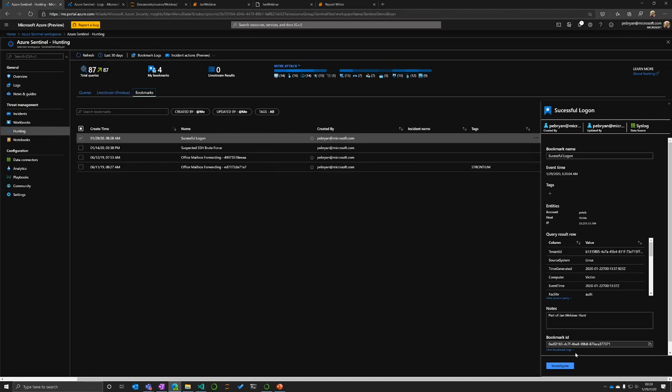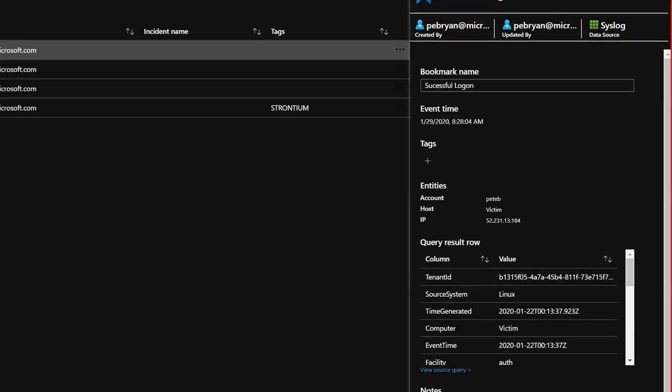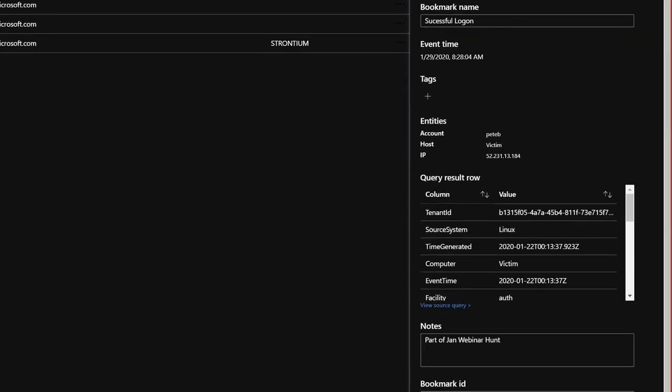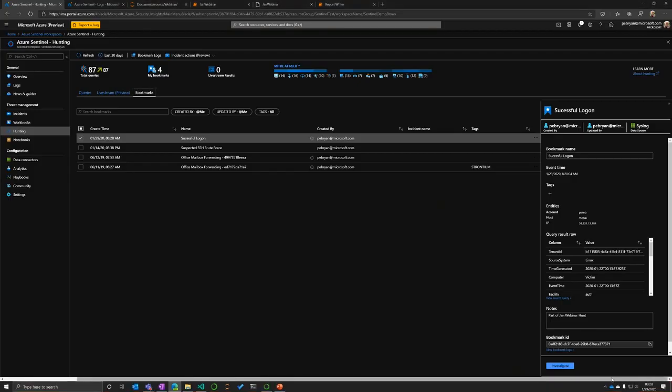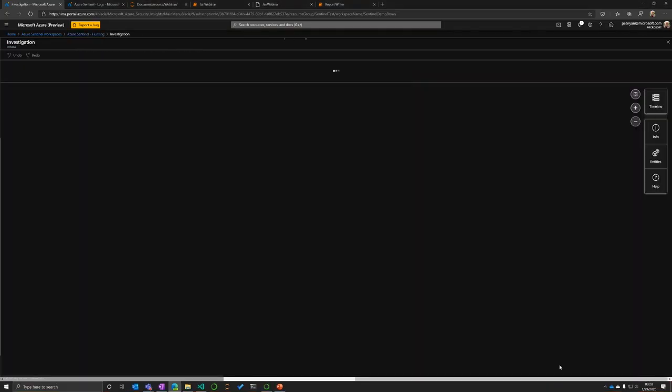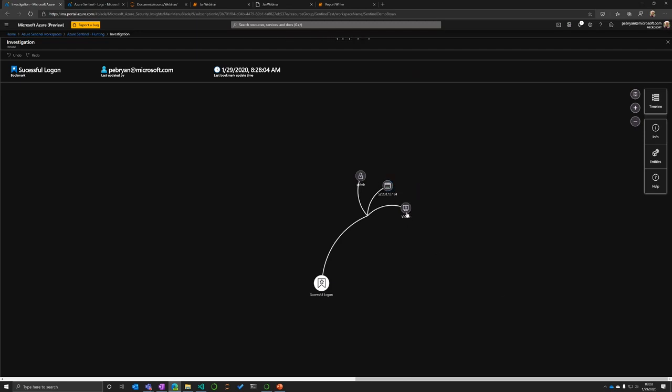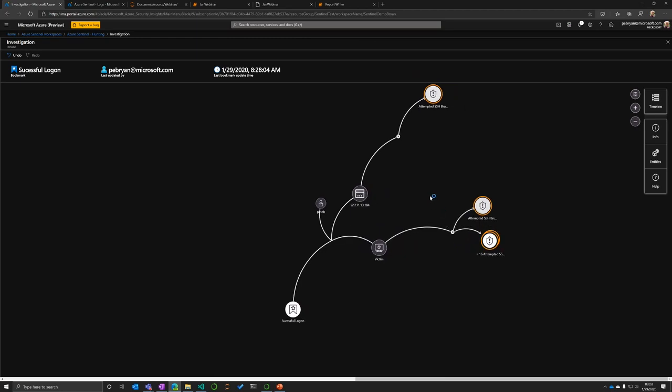So this is the one we just saved. I can see that I have all the details regarding it here. I can dig into the raw data, or I can use the investigate feature to get a visual representation of the bookmark. So again, if you're using Sentinel and you've seen alerts, you're probably familiar with this view, but you can also apply it to these bookmarks. And as with the alerts, I can pivot off of these elements and see that actually that strange logon behavior we saw coming from that IP